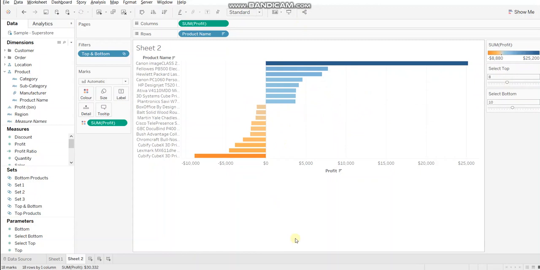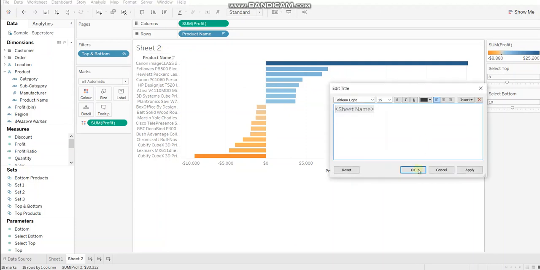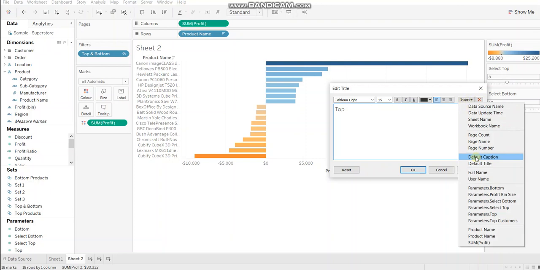Now let's create a dynamic title as well. So let's edit the title here, and we'll show the count of top or bottom n. So let's say top, and to display the parameter values, we'll click on insert here and we'll click parameters dot select top.